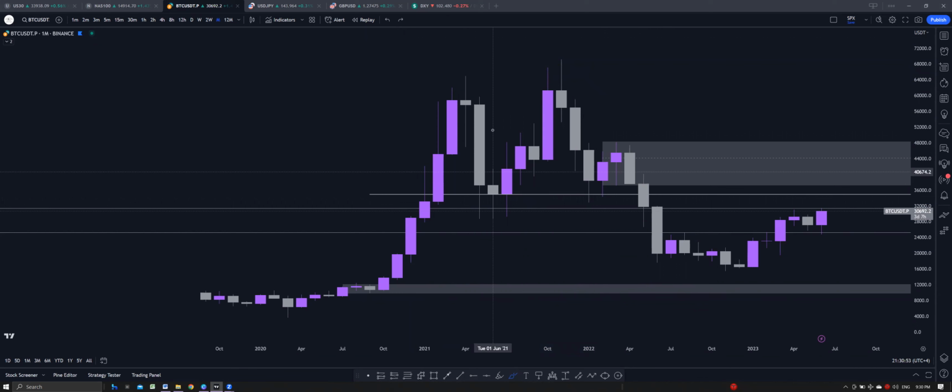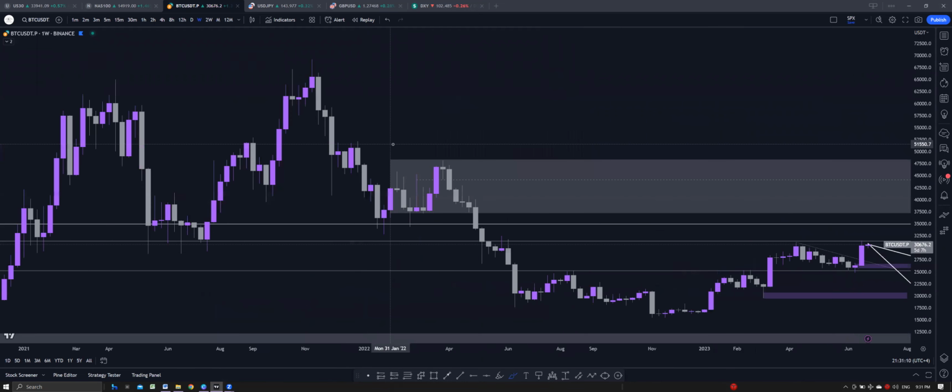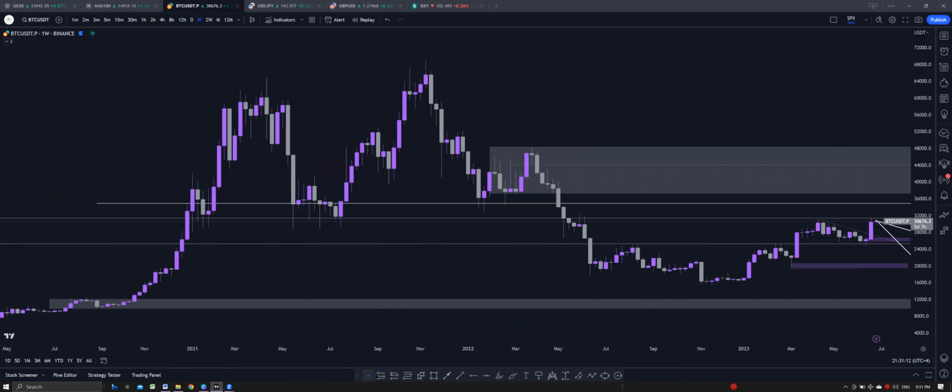So what happens, right? Once the double top is created, what do we notice? A breakdown, right? So we got a new lower high, and we got a nice break towards the downside. So on the monthly chart here, that's the story this monthly time frame is telling us. So if you look at the weekly time frame here as well on the Bitcoin, you have a head and shoulders pattern play out,